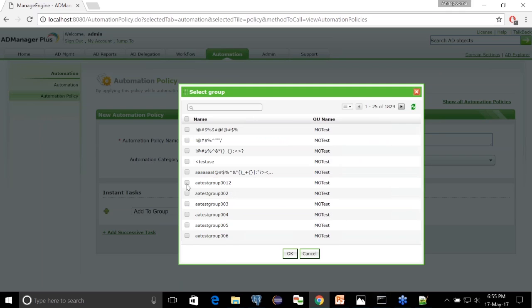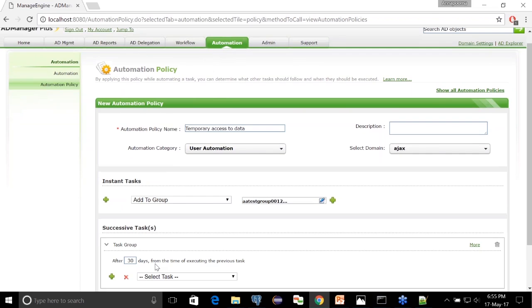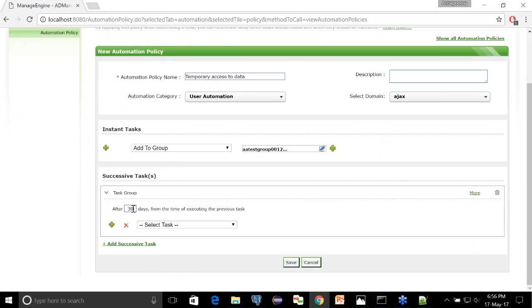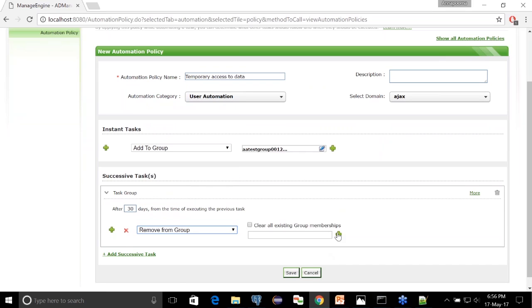So the first task is to provide group membership for my user account. So the first instant task is going to be add to a particular group. Click this plus icon. Let's say I'm going to add it to these two particular groups and then hit OK.